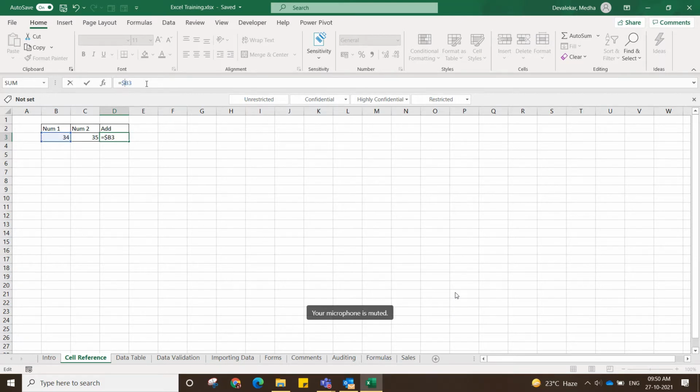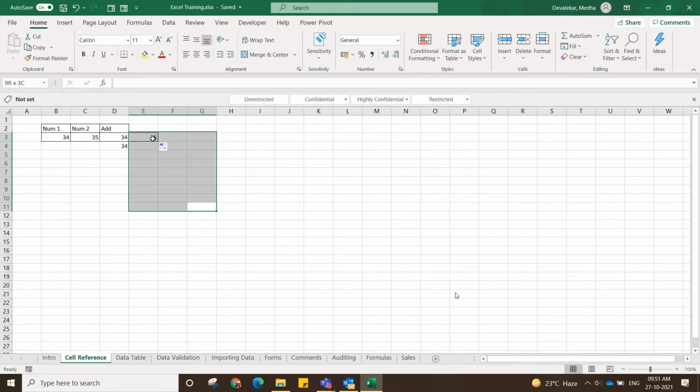We will write B3 with the dollar. Now if I drag this here, what does it hold? 35. And what is 35? It's the value of C3.